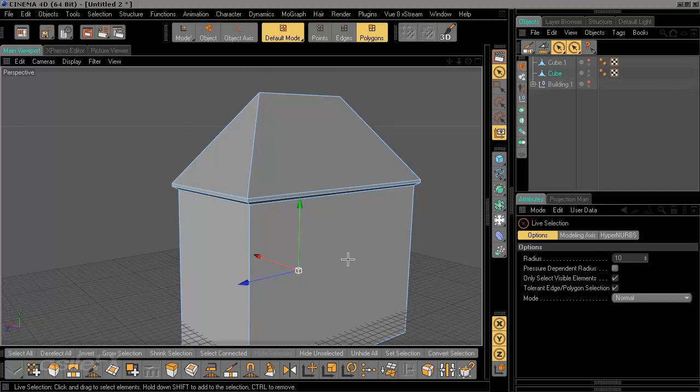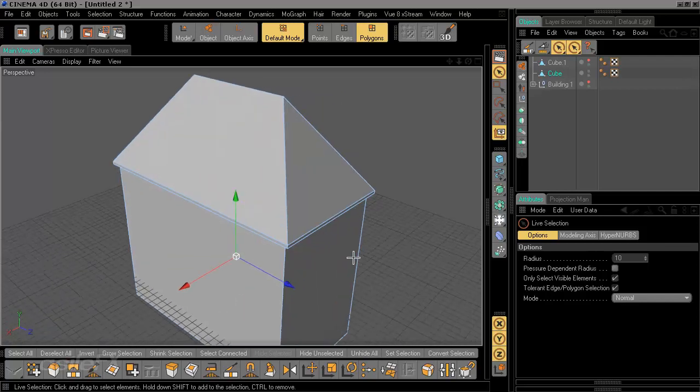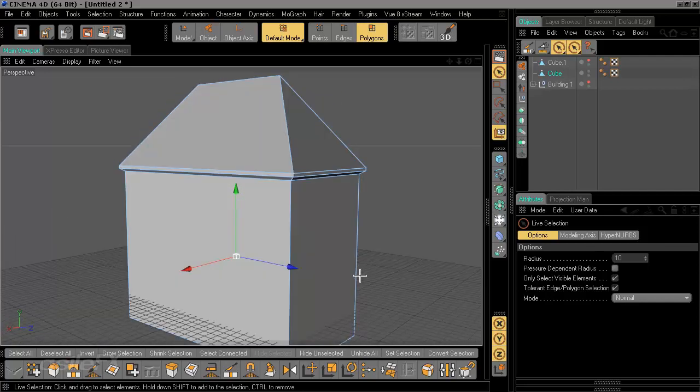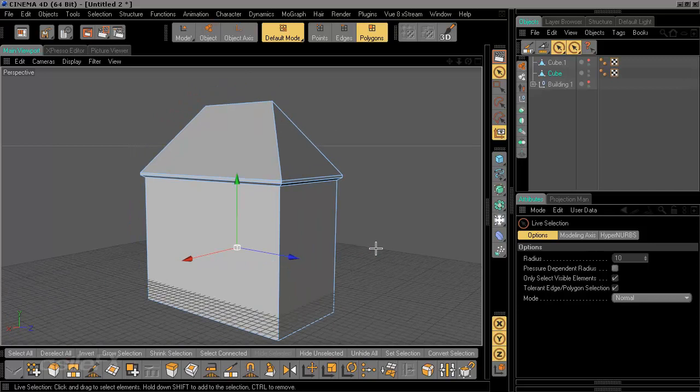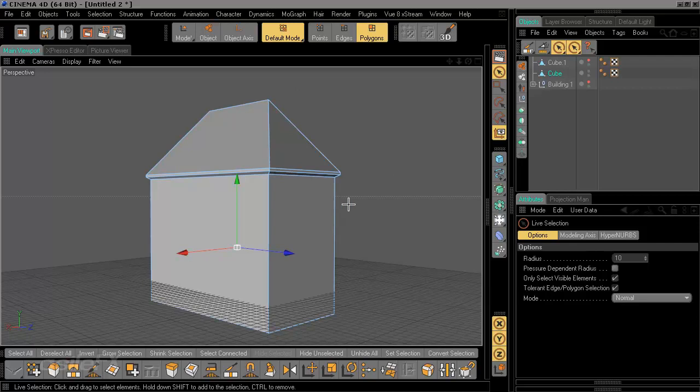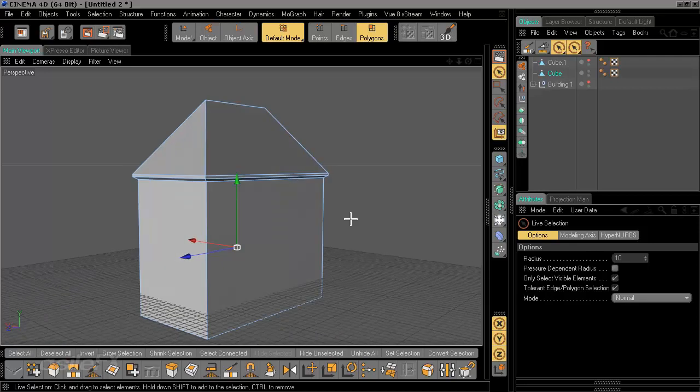Overall, this will be more than enough polygons to use for the distant buildings and really pick up with the normal maps. So next what we need to do is set up the UV maps. Basically just the overall shape of the UVs, and then we'll be constructing everything in